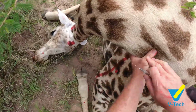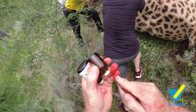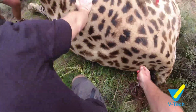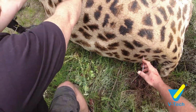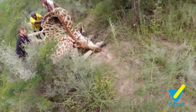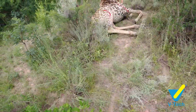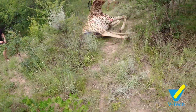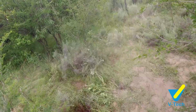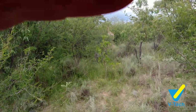This is the reversal going intravenously into the jugular, and you'll see that the last component of the reversal is also given intramuscularly into the hind quarter, and within a couple of seconds of giving this, the intravenous reversal took effect, and you'll see that she has a bit of a stumble and then gets to her feet actually very nicely. As we see her moving off nicely into the thicket, the storm clouds and rain clouds are building in